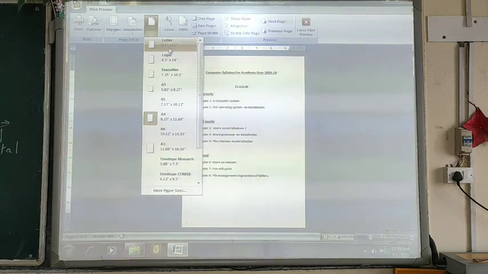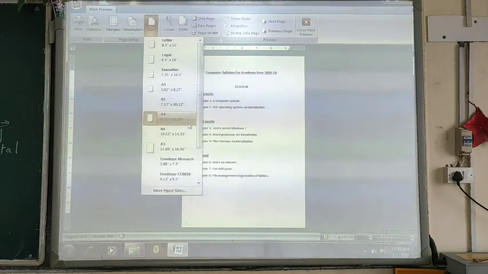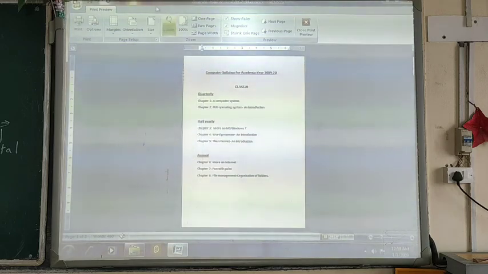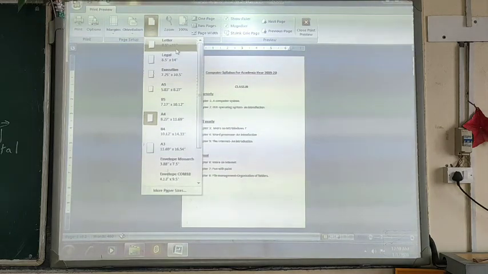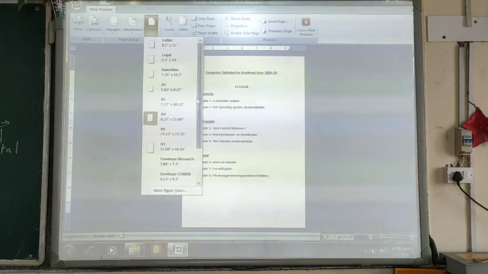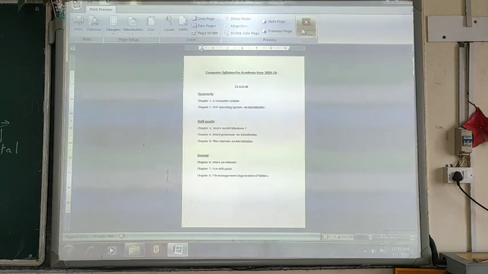Now you can see the A4 size is 8.27 by 11.69 inches. So these are predefined formats, and you can select any one paper size from here and use it for printing. Clear?